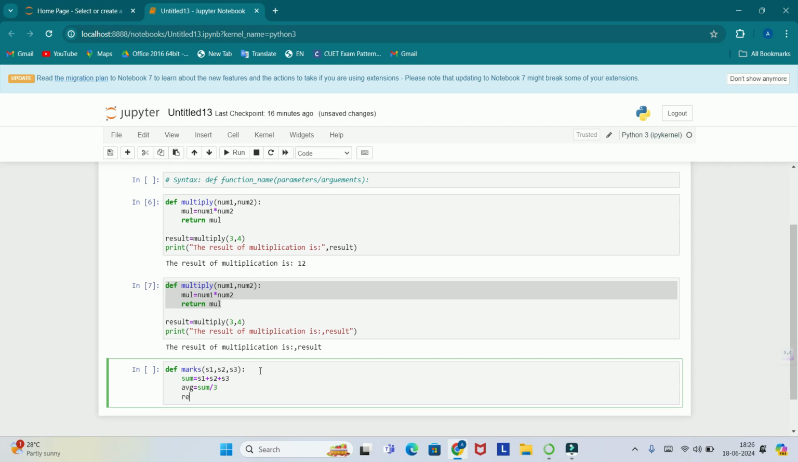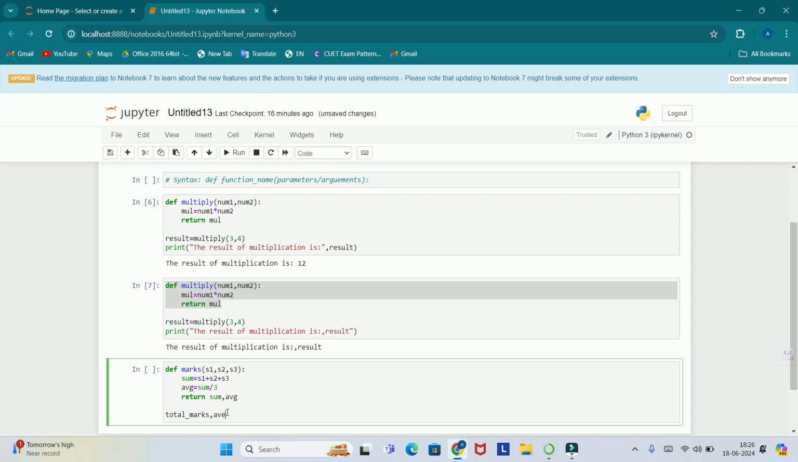Now I'm asking the function to return sum and average. As I'm returning multiple values, they get returned as a tuple. We'll learn about tuples in future. For now, for simple understanding, let us understand a tuple as a list. So here it returns multiple values as a list. For that we have to assign different variables: total marks, comma, average